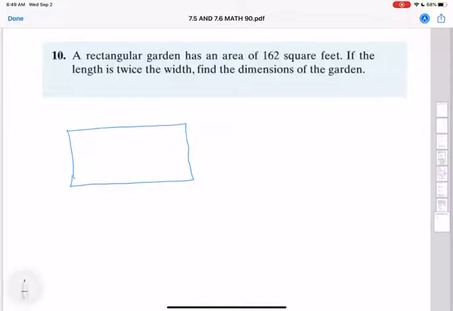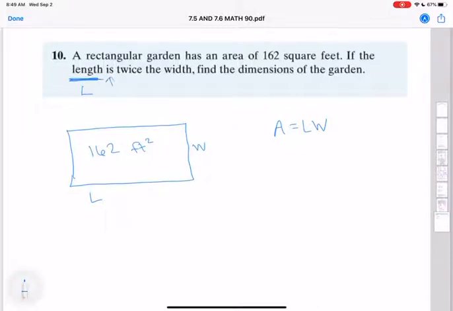Remember, area equals length times width. Do you remember that? So the area of the inside is 162. You can write square feet or you can write feet squared. It's the exact same thing. 162 on the inside. And then we know that we have the width here. Now the length. Sometimes these words get kind of mixed up, right? So the length, that's what I'm going to put as L,